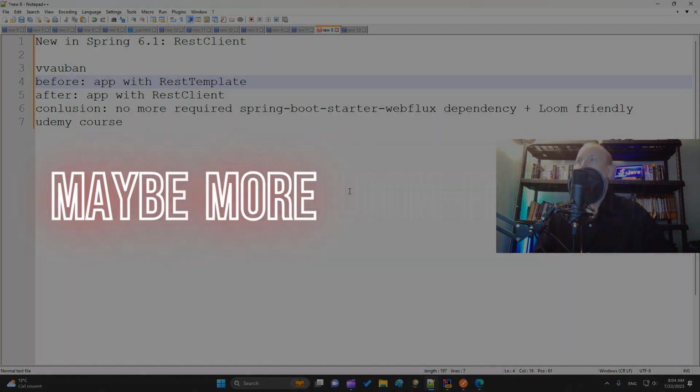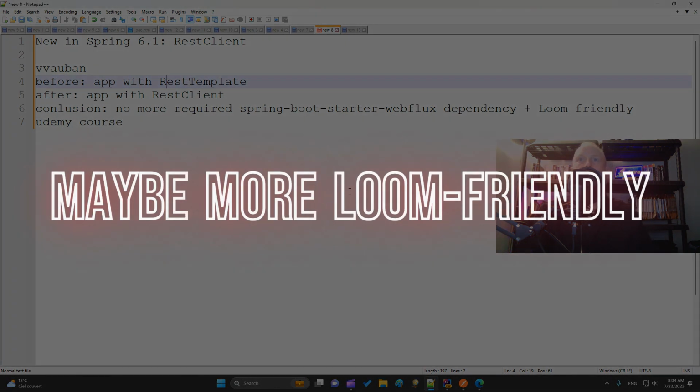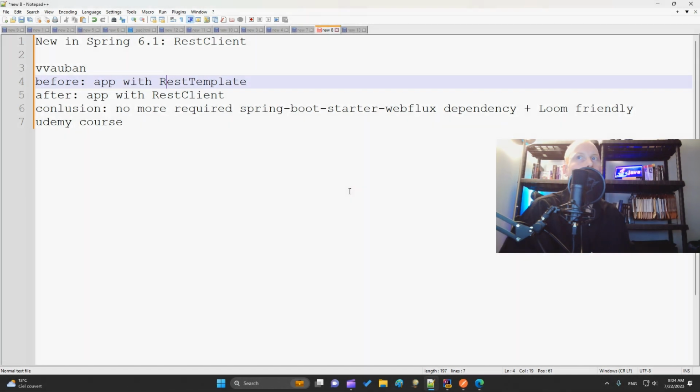Maybe it will be more Loom friendly to have this kind of client, because WebClient was for asynchronous programming, but REST client, this replacement of REST template, will be a good contender for the new way of using Java, maybe with Loom.